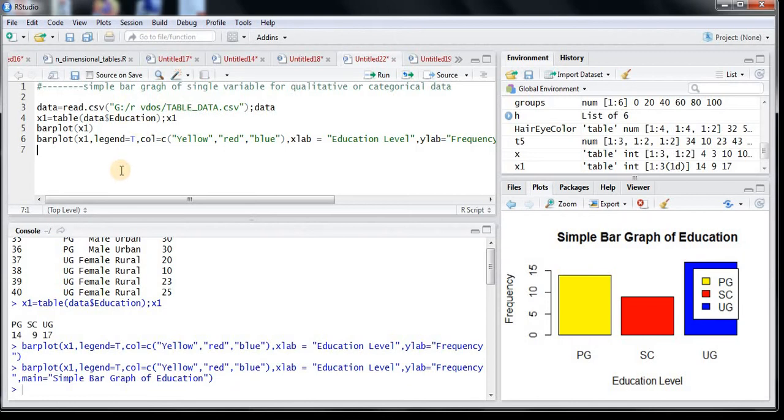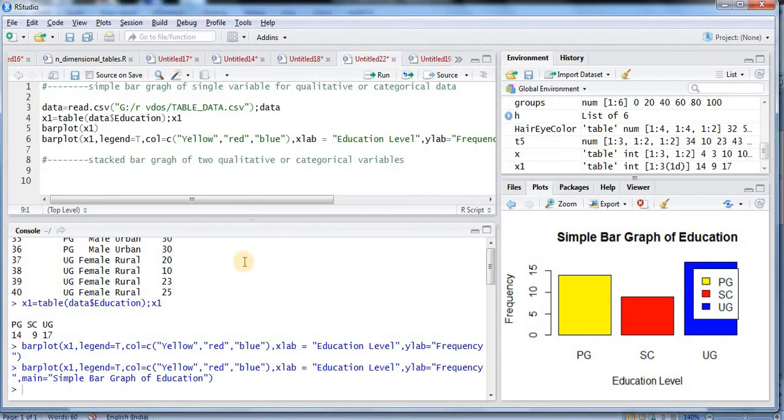You can similarly create a stacked bar graph also. Let us consider a case wherein I want a bifurcation of PG, school and undergraduate students in the form of their category, male and female, for example. In such cases we need a stacked bar chart. Using the same command, let us first take gender also apart from education.